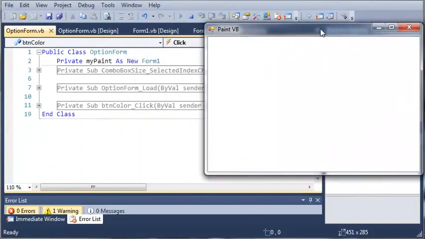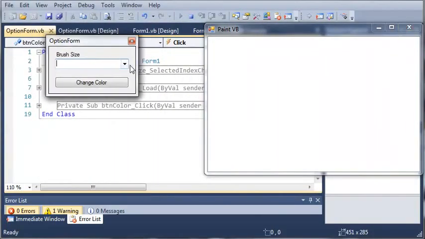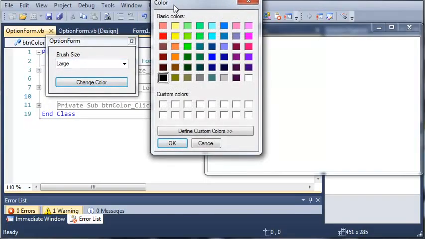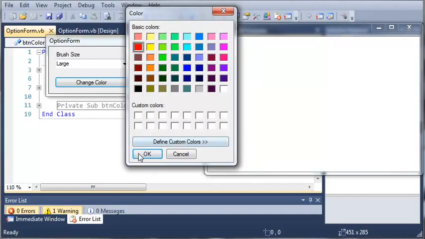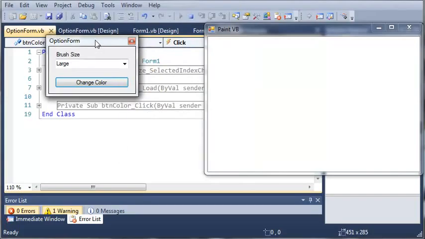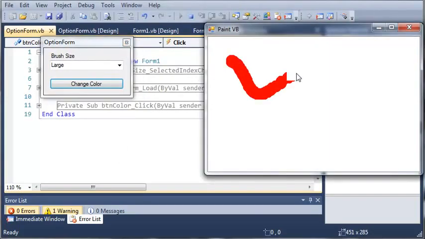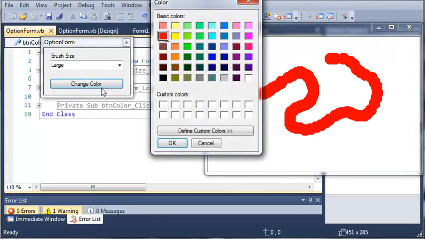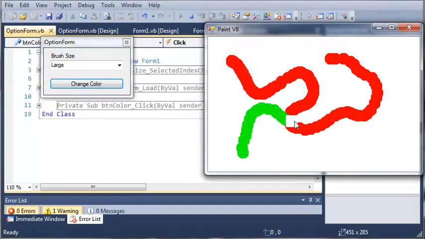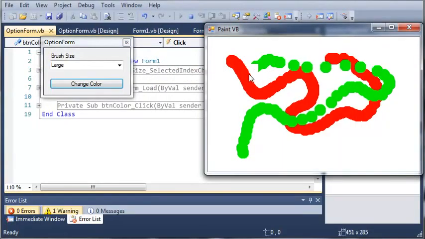You can see here we got Paint VB and our option form. So let's just go ahead and set the brush size to, let's do large, and now let's change the color. We'll make it, let's say, red, and we'll click OK. You can see when we start drawing, it gives us a red line. Now we can change the color again to, let's say, lime green, and we can draw with that one too. So let's go ahead and close out of these,